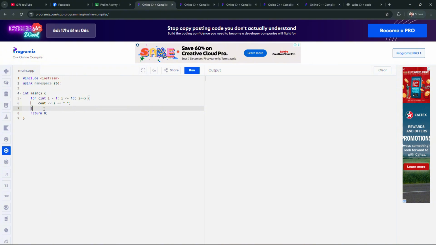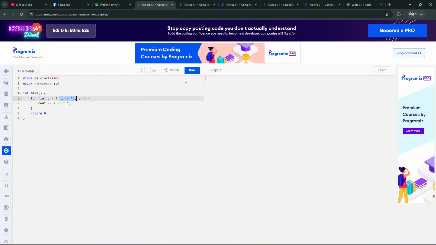So if the value of I becomes 11, the condition will be false since 11 is greater than 10, not less than. So this is the output.